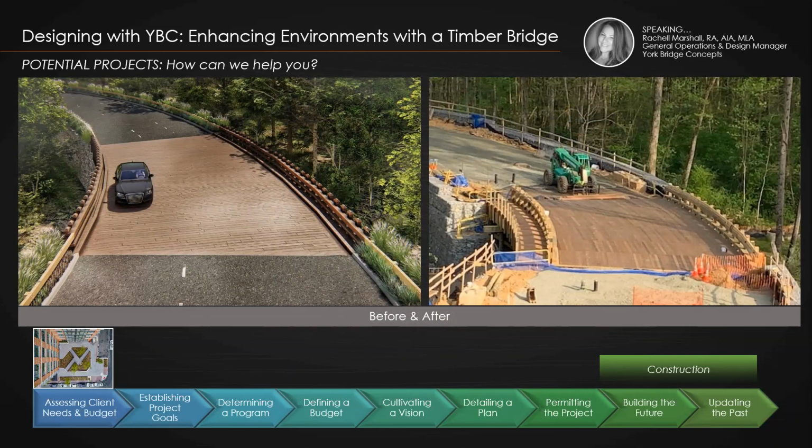Now, before I move on from the before and after, I have to show you this latest project we've completed. It's hot off the presses. Our team is actually still on site building more bridges, winding through this campus. This is a 3-lane vehicular bridge on the Centene campus in Charlotte, North Carolina. There are so many cool things about this bridge, but I have to limit it for this webinar. First and foremost, this bridge is dressed in a custom hardwood